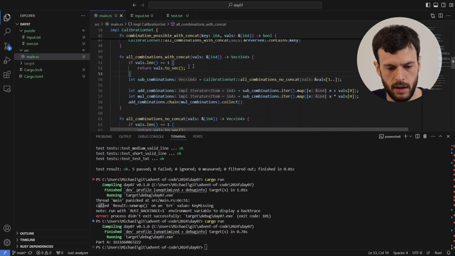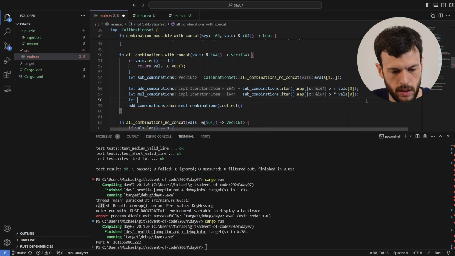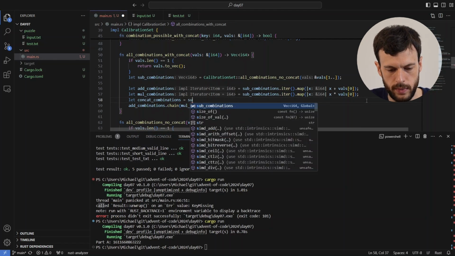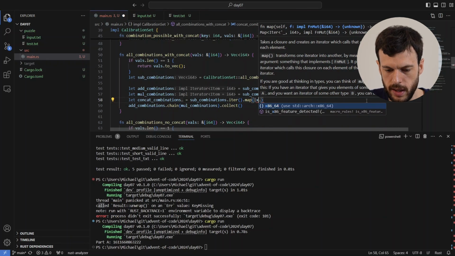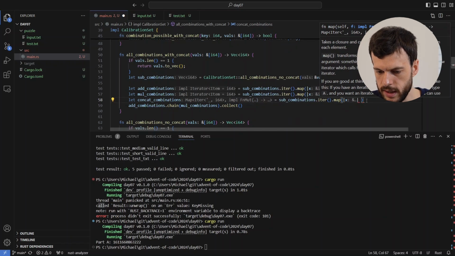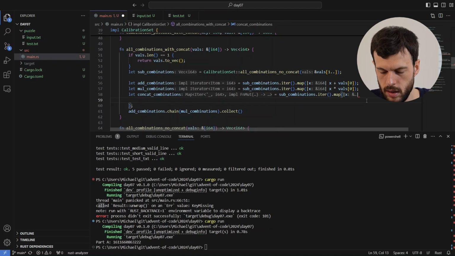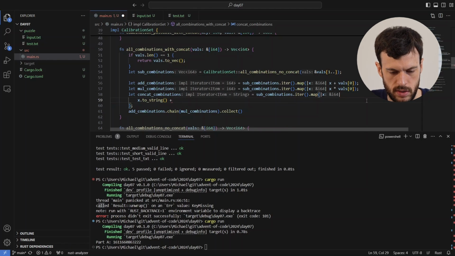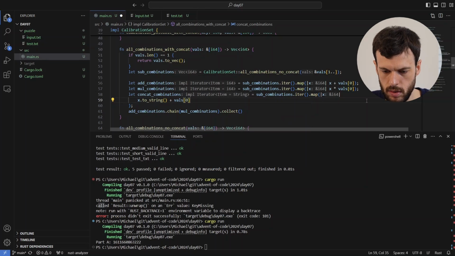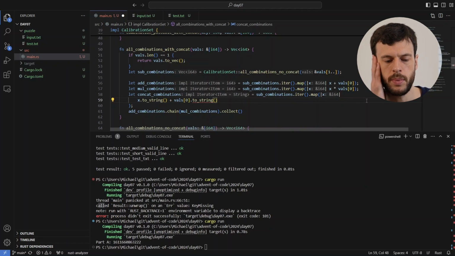So again, we have our vals.vec. We're now going to add another one, which is concat combinations, where we take the subcombinations, we iterate, and we map. For each number x, we take the x dot to string, that should be fine, plus vals 0 dot to string. This does put a bit of an issue